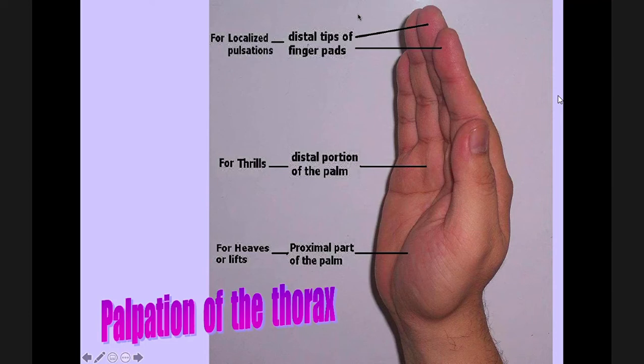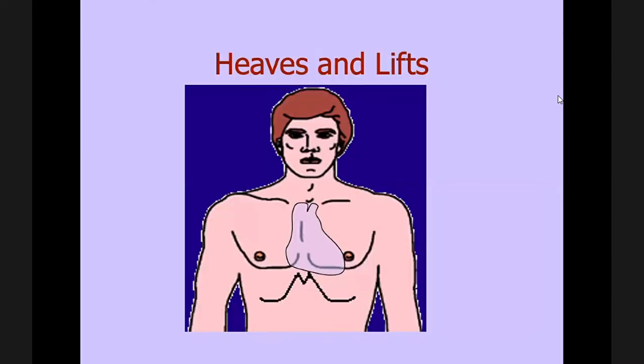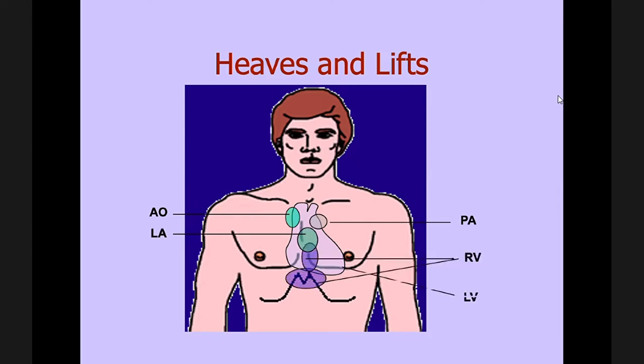So the different parts of your hand have different uses for localizations of the different pulsations, thrills, and heaves. So heaves and lifts. You need to take note if there is a heave in this area, the aortic, the pulmonic, and the LA, and the RV, as well as the LV. So the apex beat,